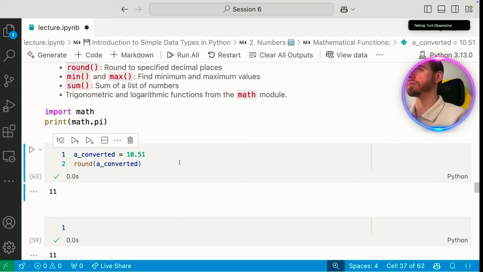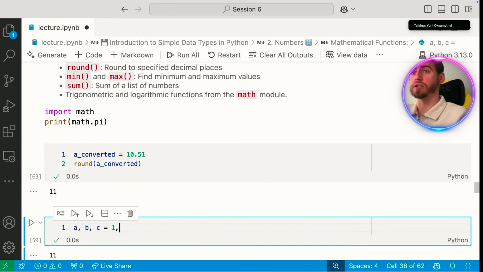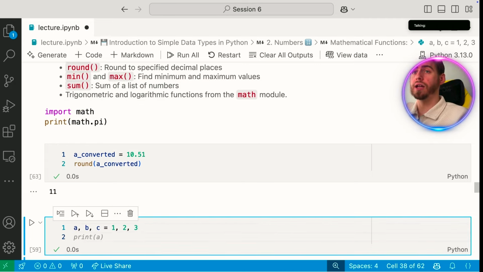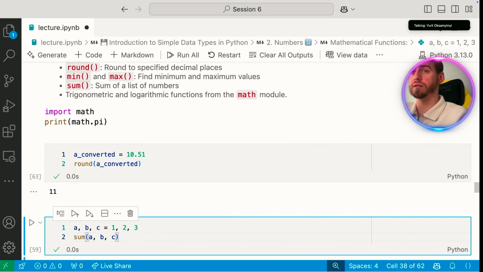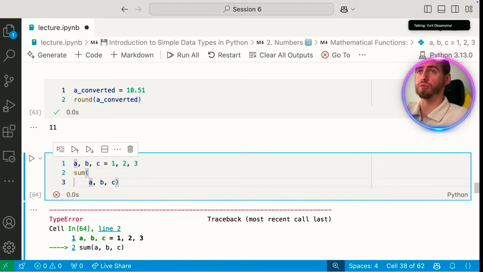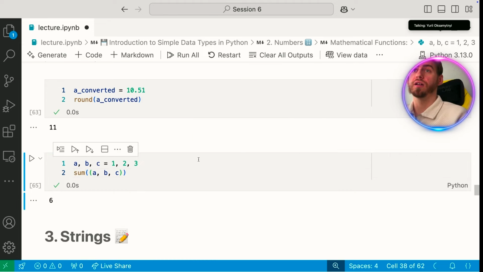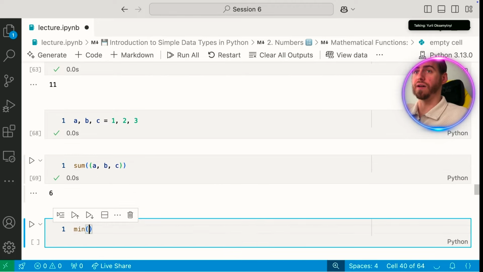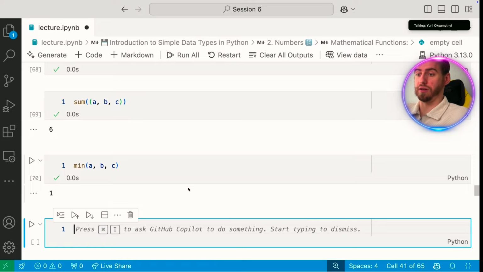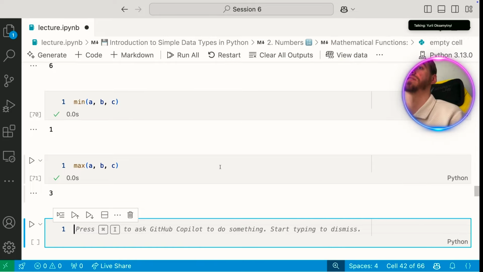There are also a lot of other functions. Let's define values A, B, C, such as 1, 2, 3. Let's try to use some functions on A, B, and C. Oh, sorry, B is stored in some data structure. Let's say it's stored in a tuple. So it would show value 6. Now, have a look. Let's try to find the minimum of A, B, and C, which is obviously going to be equal to 1. And the maximum of A, B, C, which is going to be equal to